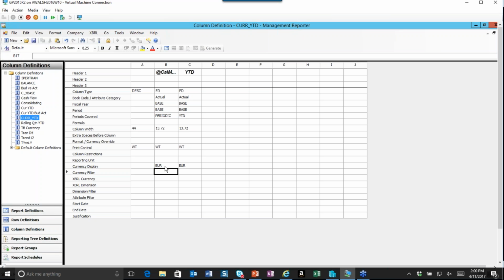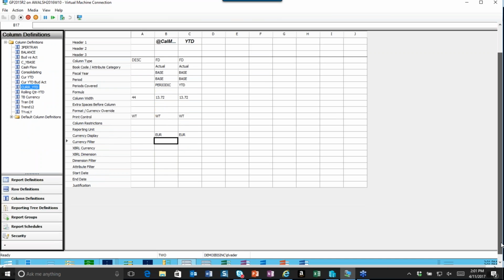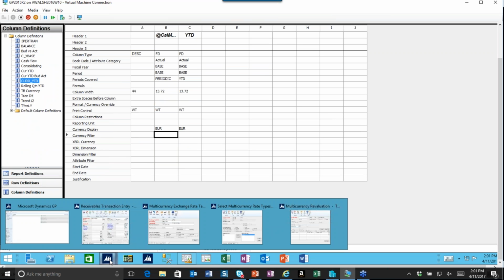It's going to use all that information in GP. So all I have to do is say I want this particular column translated to a euro currency amount. And basically how it works is from GP,